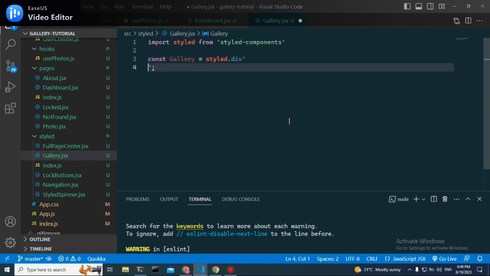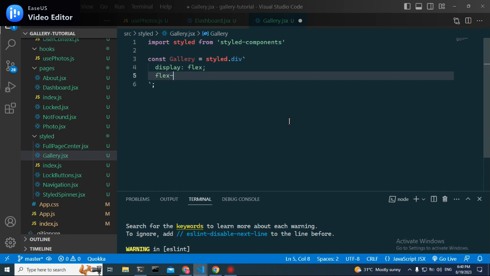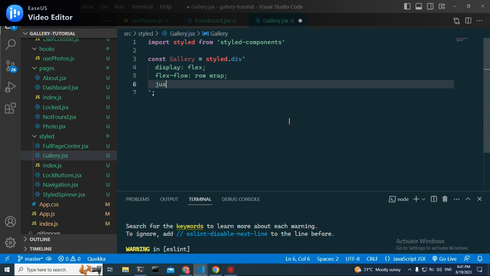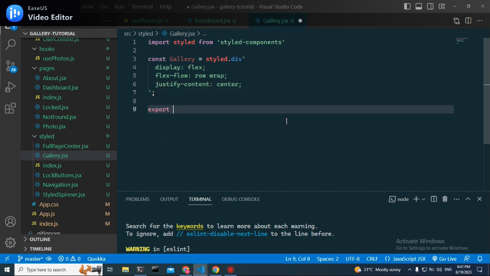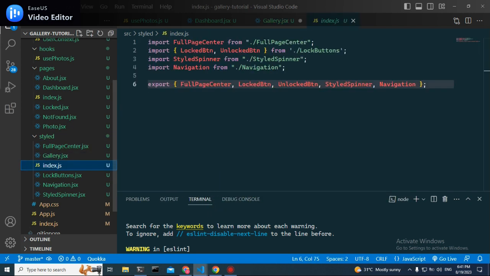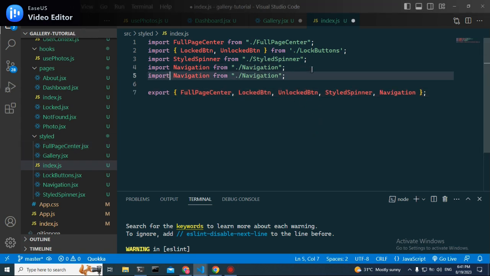Style.div, a display of flex, flow of row wrap, and justify content of center, export default gallery, and we will import it here. Okay,